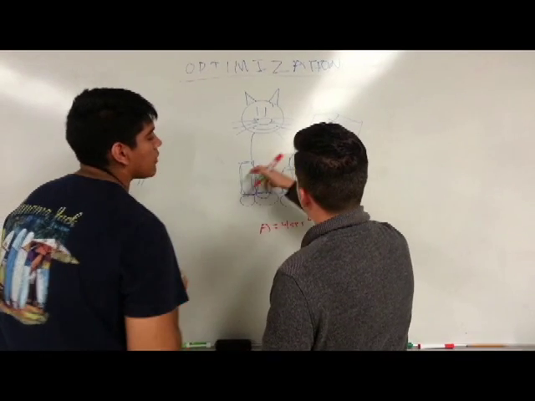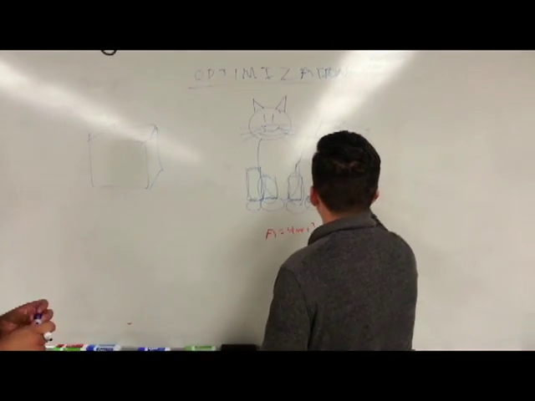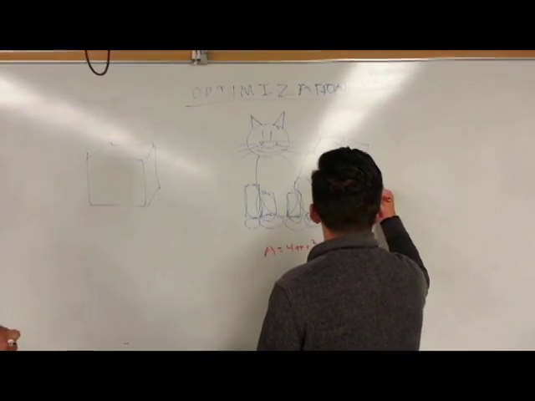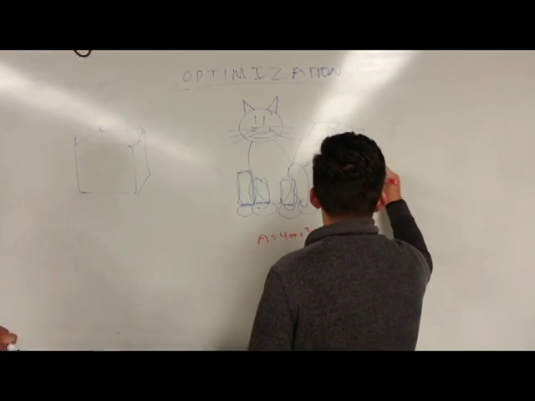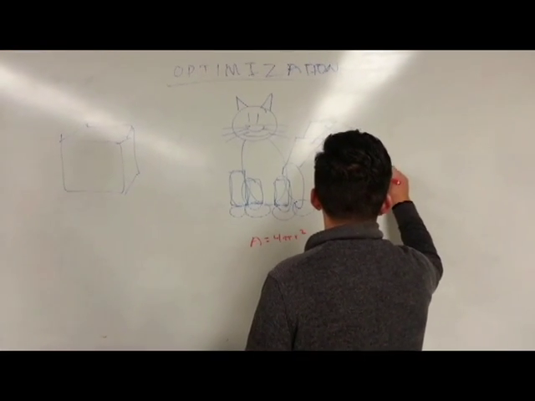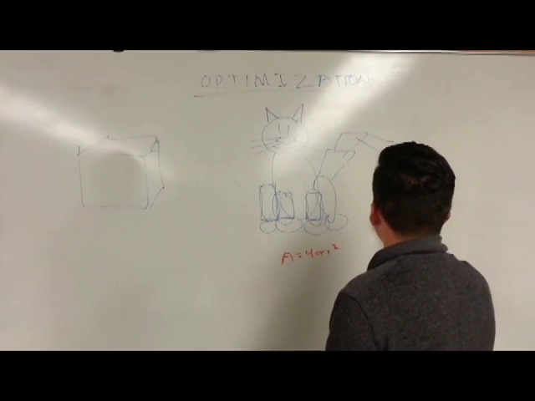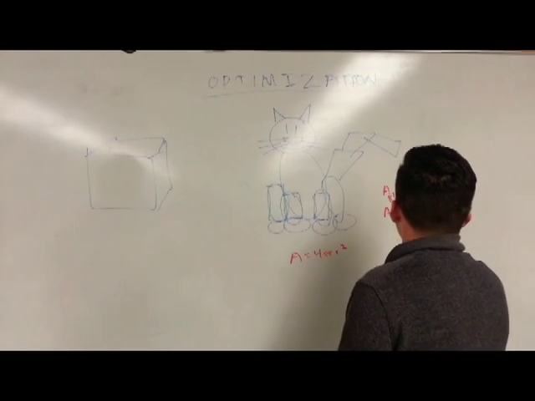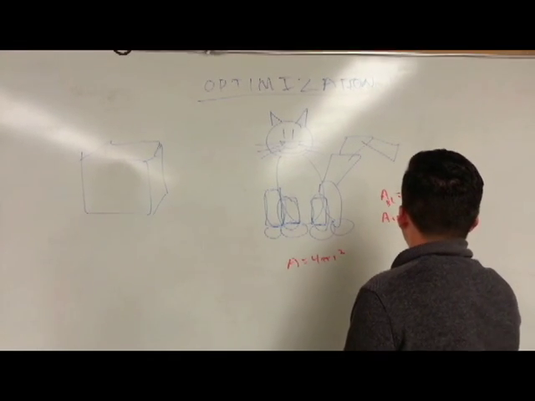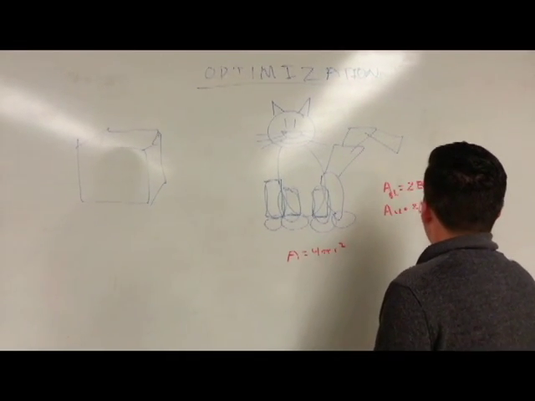So if we have 2 rectangles, same size, the area of the big legs equals 2BL. Right, since we have 2 areas, then the area of the small legs equals 2B, not B, let's say XA,